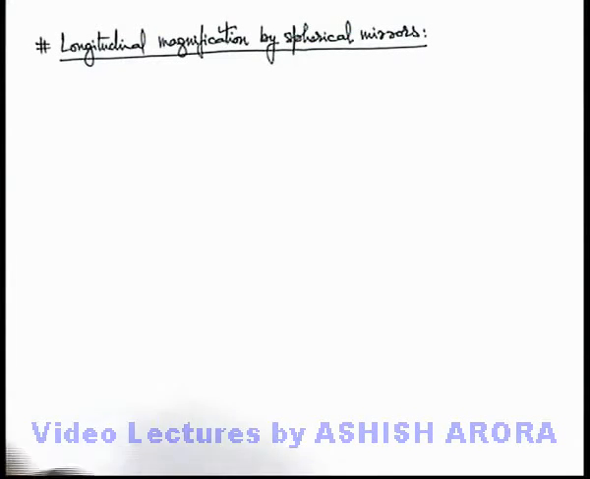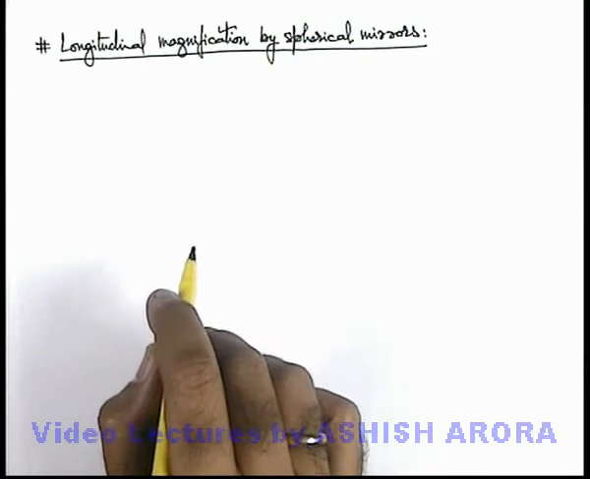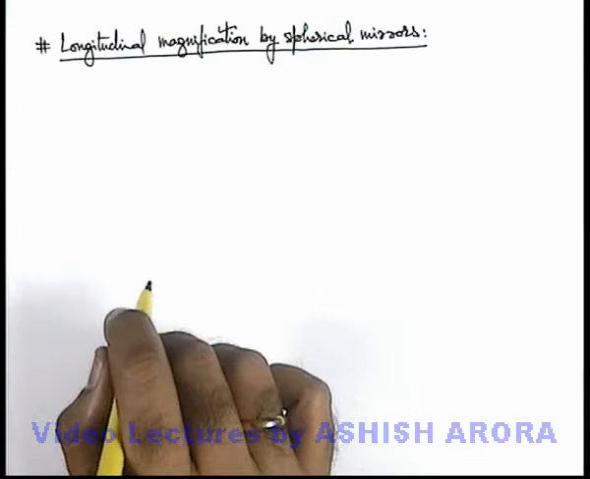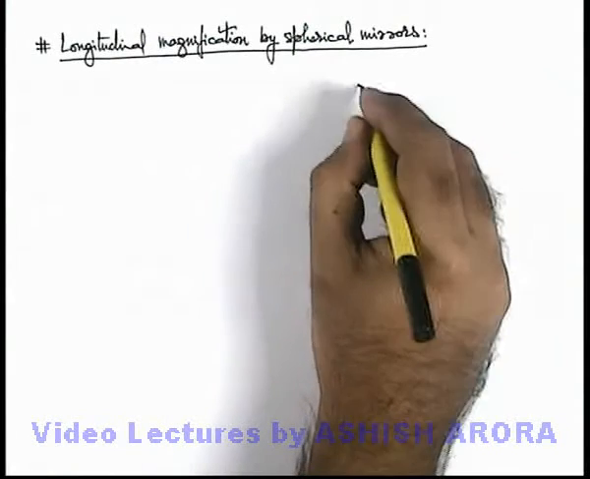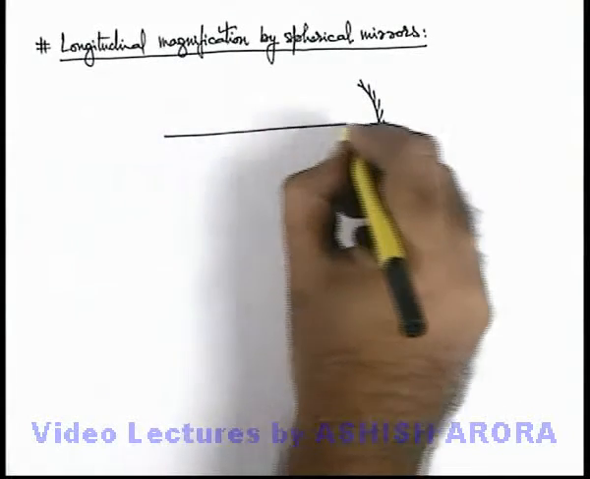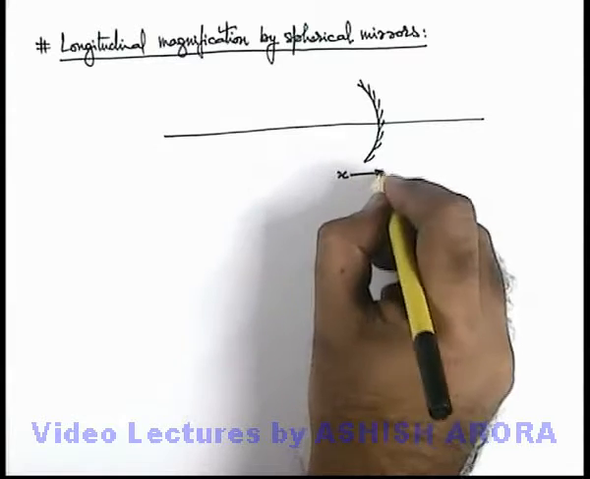Let us now study about longitudinal magnification by spherical mirrors. This is the magnification along the principal axis for an object size. Say, to understand it better, we consider a concave spherical mirror. And say this is the principal axis of the mirror, and at a distance x from the pole of the mirror,